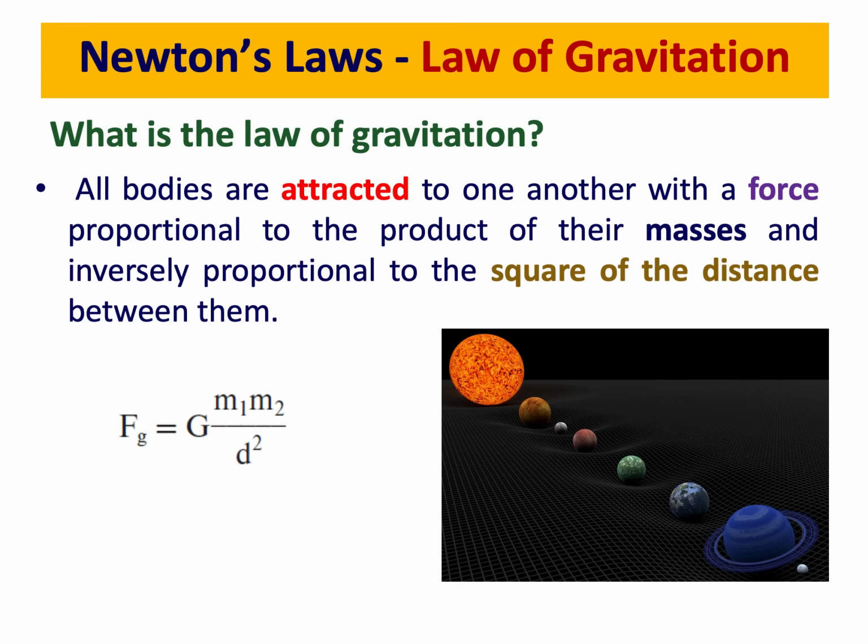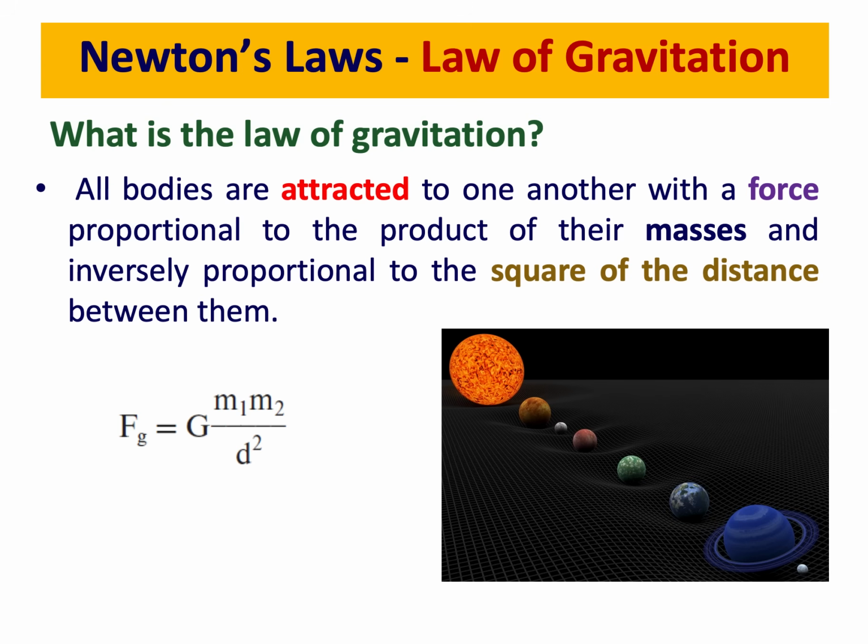This is a fixed number that is 6.674 multiplied by 10 to the power minus 11 newton meter squared divided by kilograms squared. That gravitational constant needs to be multiplied by the masses that we are trying to study the gravitational force between. So mass 1 and mass 2 are the masses that we are studying, and this number needs to be divided by the distance between the objects squared.